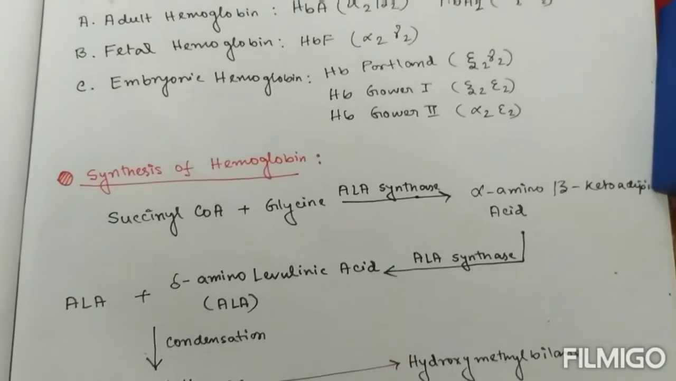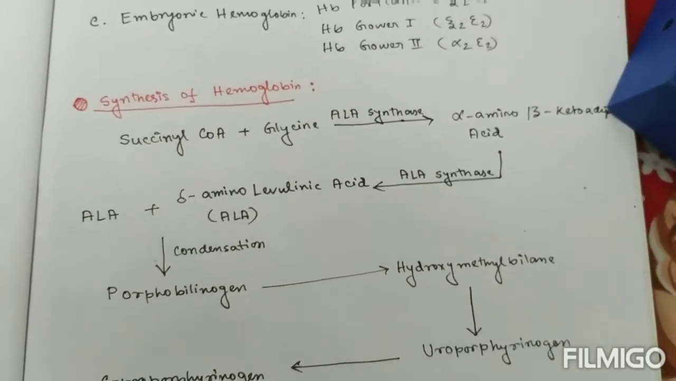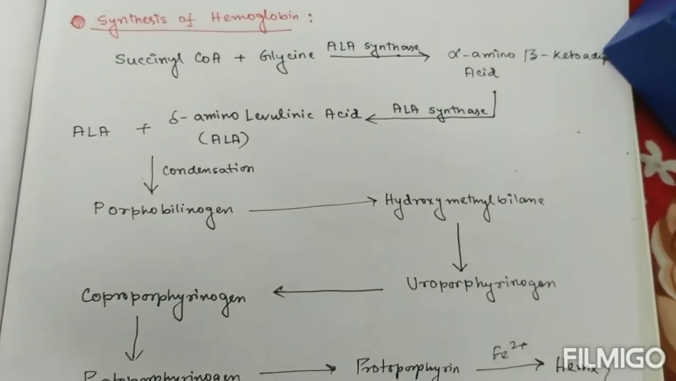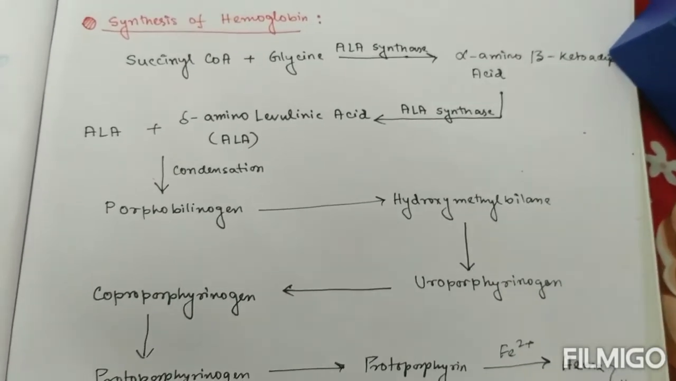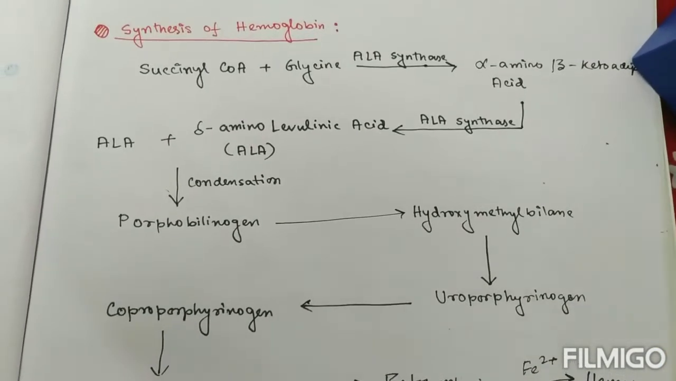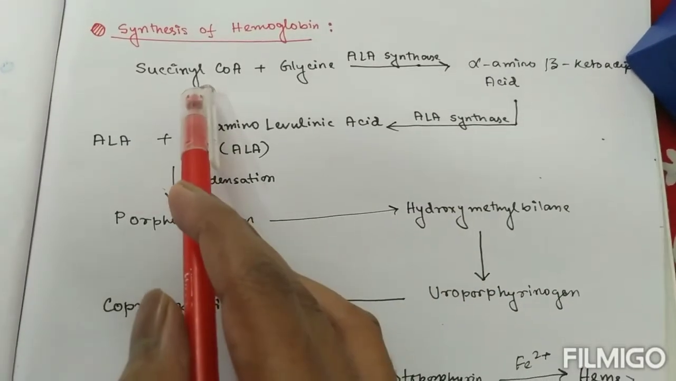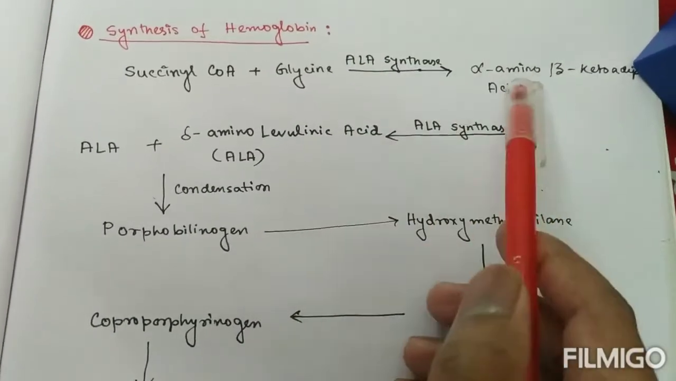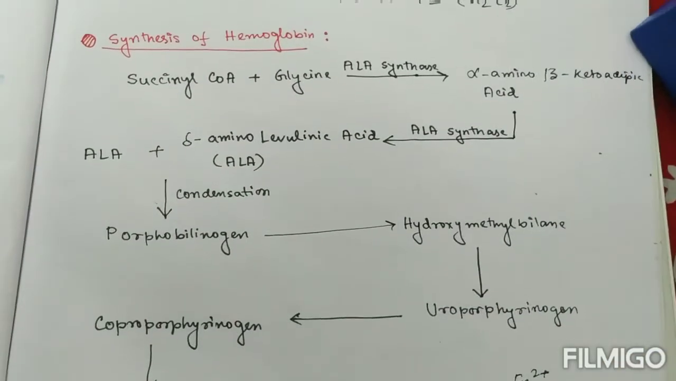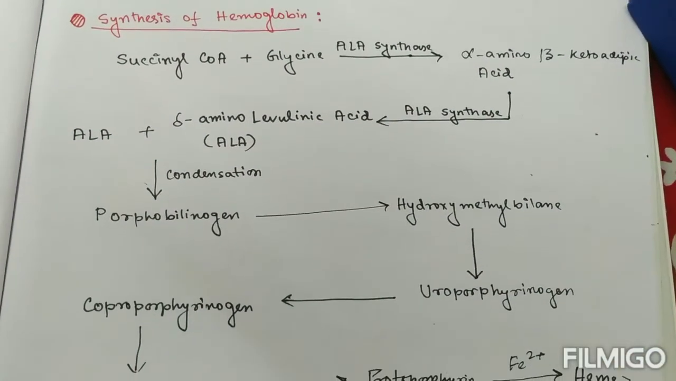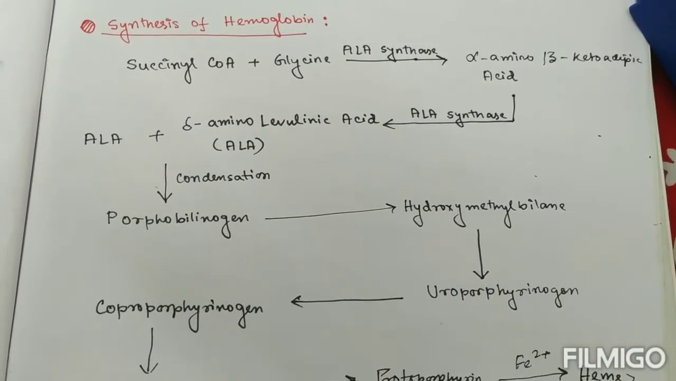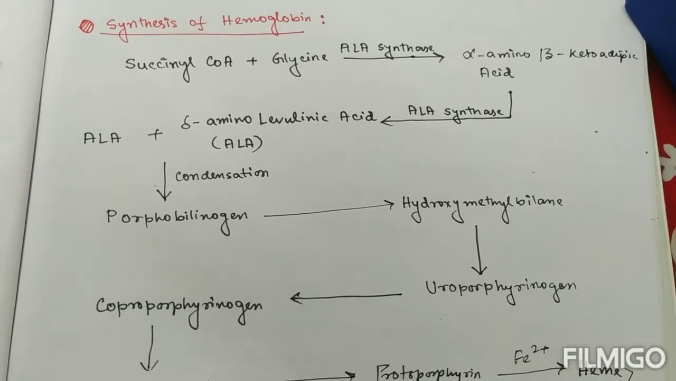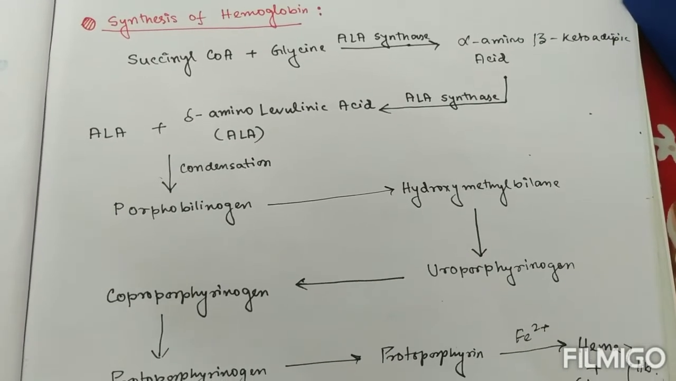Now coming to some biochemical correlation, that is synthesis of hemoglobin. Here I have shown a very simple diagram. First, succinyl-CoA along with glycine, with the help of ALA synthase, produces alpha amino beta ketoadipic acid, and with the same enzyme it ultimately produces ALA, that is delta aminolevulinic acid, and along with another ALA molecule it continues to form